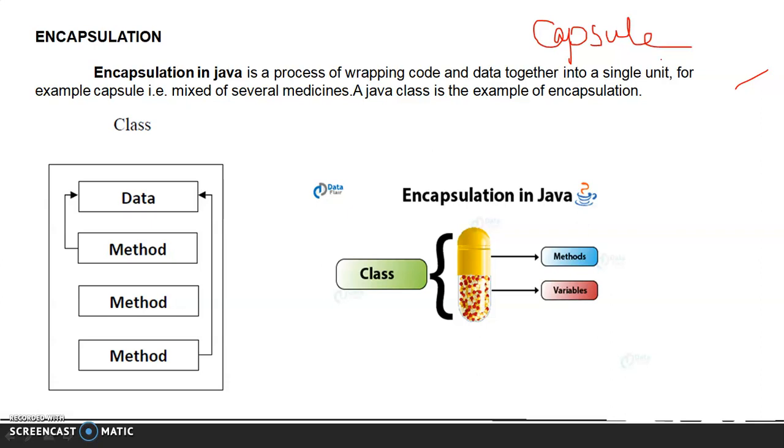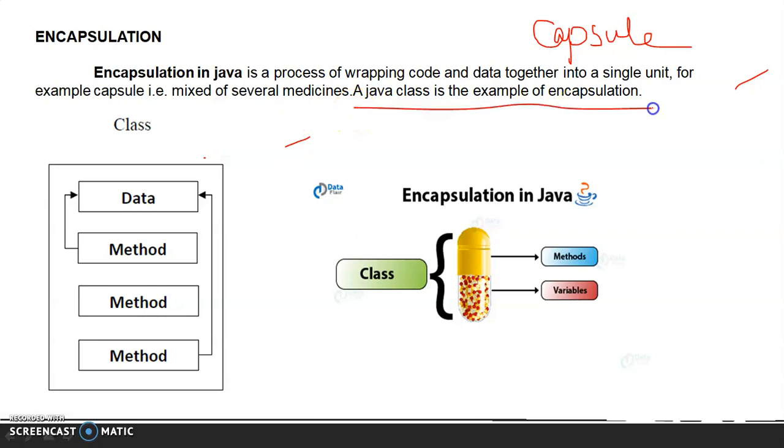So in encapsulation, a process of wrapping the code and data together into a single unit. So wrapping data and code together into a single unit. The process of wrapping or binding or including the data and methods together into a single unit. For example, a capsule is a mix of several medicines. A Java class is an example